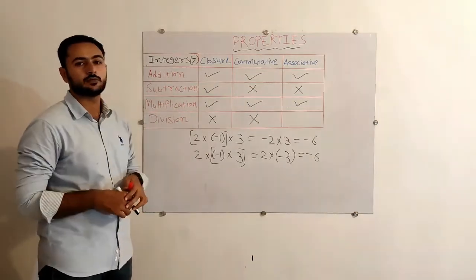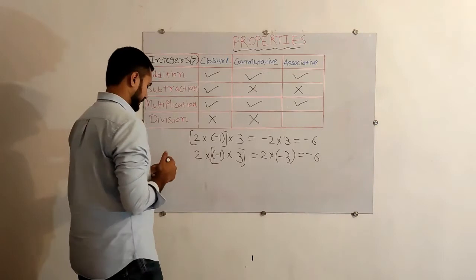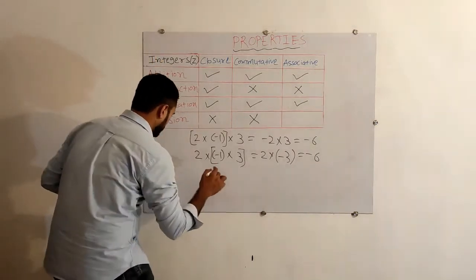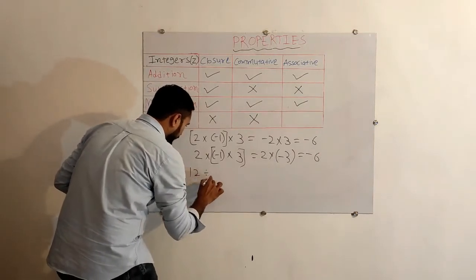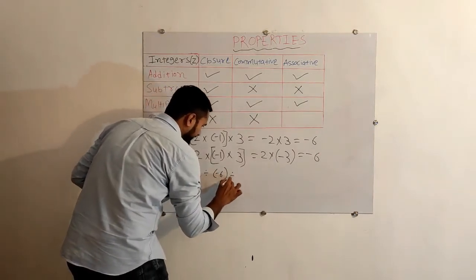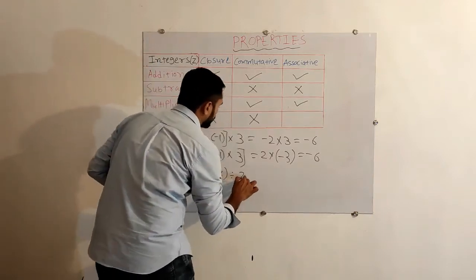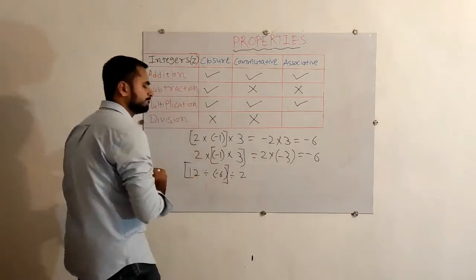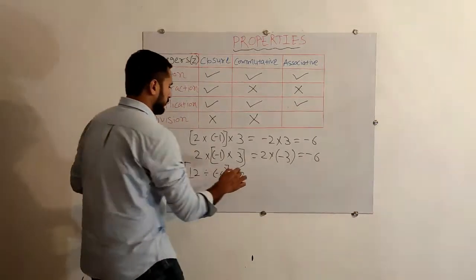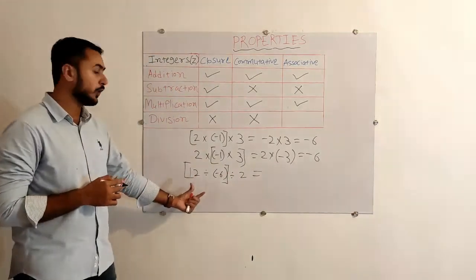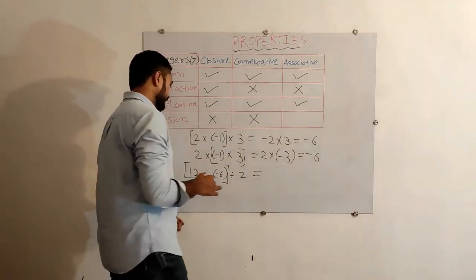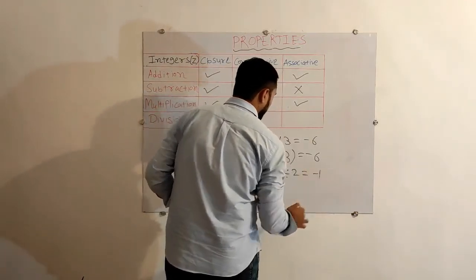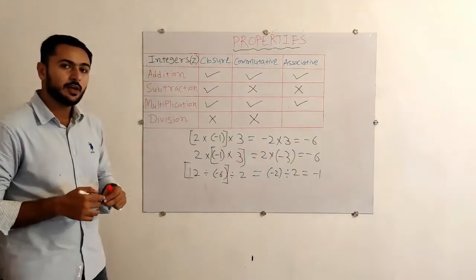Now what about division? Let's check, but I am going to select different numbers, not the same ones. So that will be 12 divided by minus 6 divided by plus 2. Yes, here will be the group. For this first bracket, if I solve, I will get the answer minus 2. Minus 2 divided by plus 2, answer is minus 1.